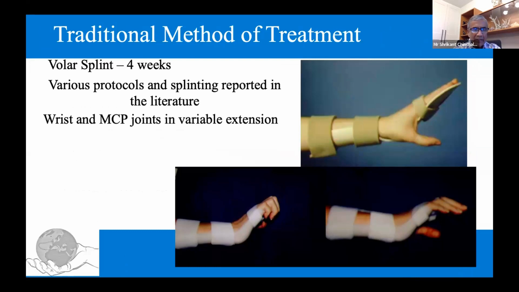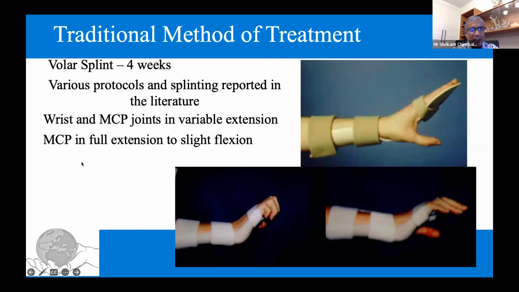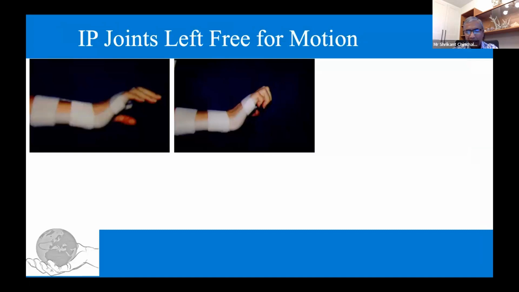Some literature say that wrist and MCP joint should be kept in extension, and the amount of extension is dependent on which surgeon wrote that particular article. So we'll see that there are variations in terms of positioning of the wrist joint and positioning of the metacarpophalangeal joint, as well as interphalangeal joints. Some authors believe that MCP joint should be held in full extension or slight flexion, and some authors prefer that IP joint should be kept in full extension and free to move at times,